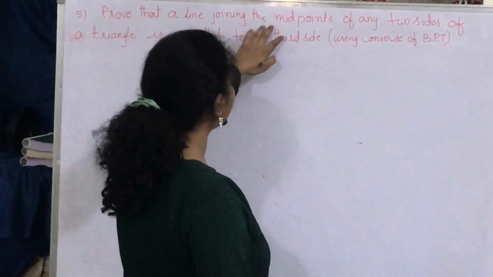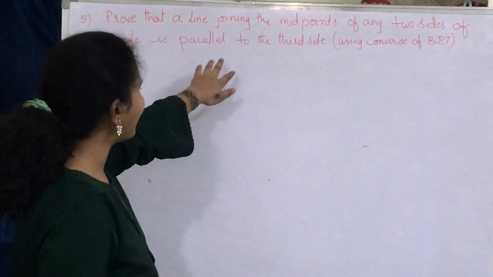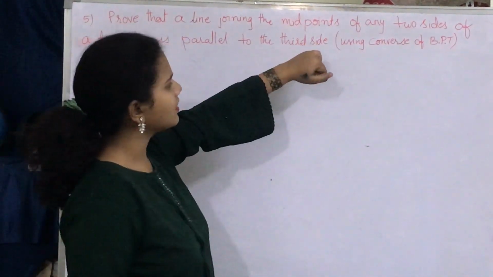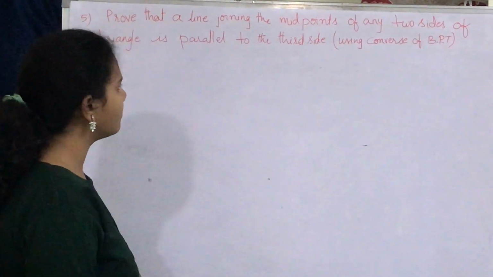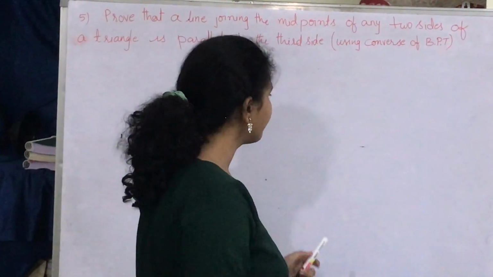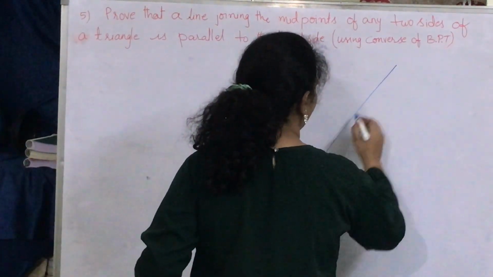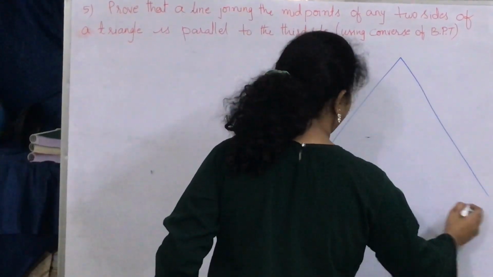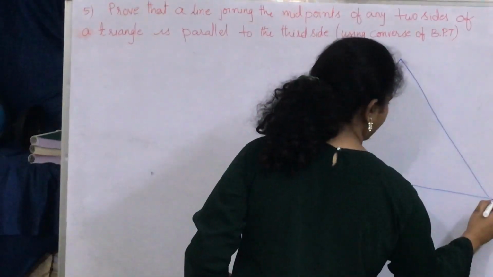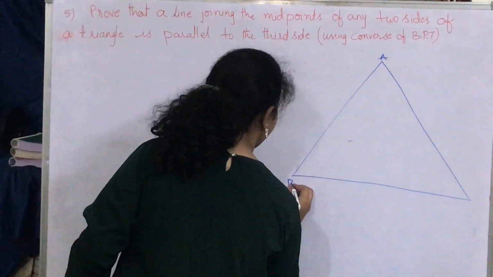Prove that a line joining the midpoints of any two sides of a triangle is parallel to the third side, by using the converse of the basic proportionality theorem. Firstly, let's make a triangle. So here I have a triangle. Let's name this A over here, B